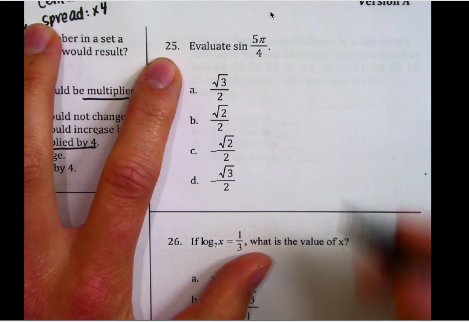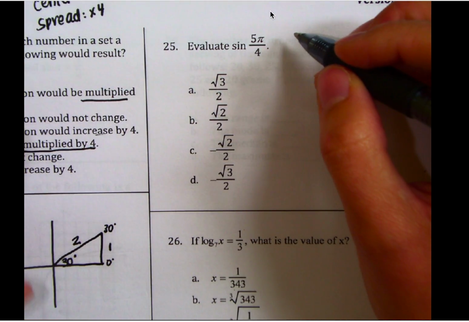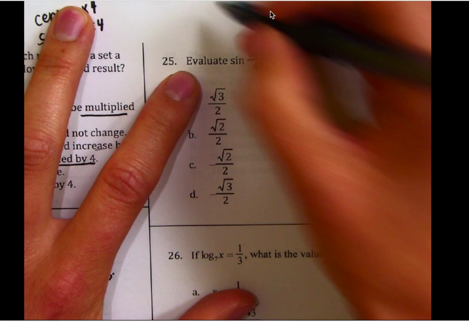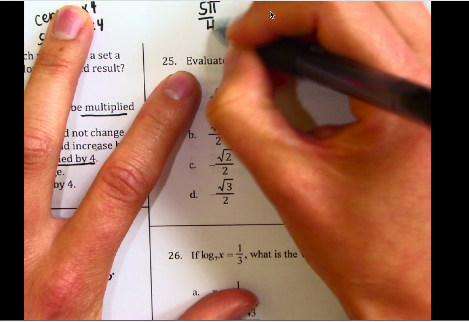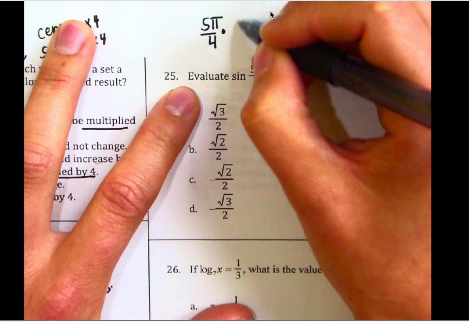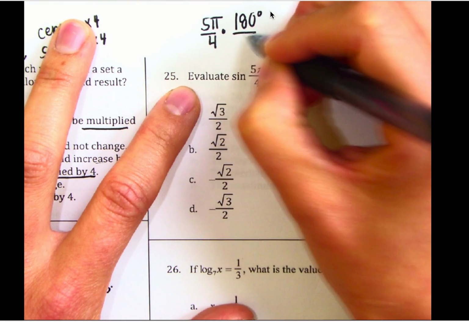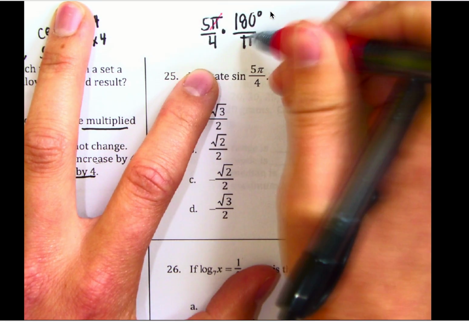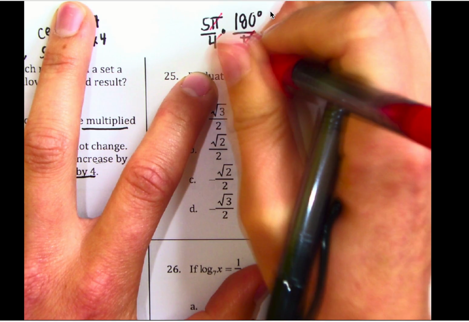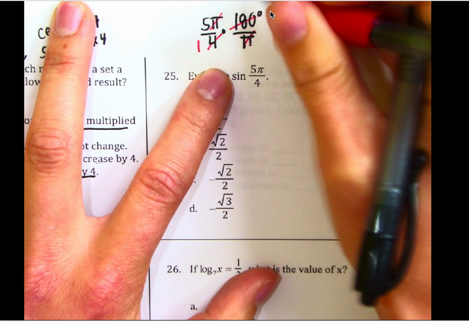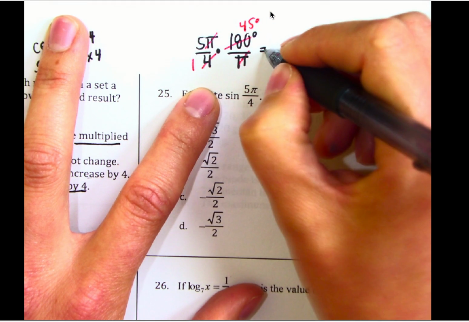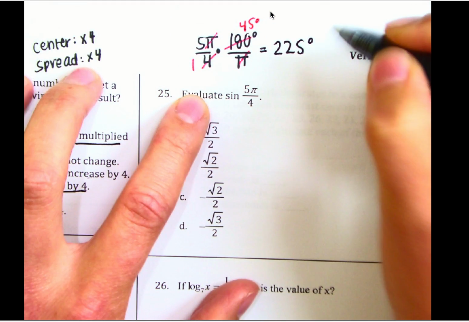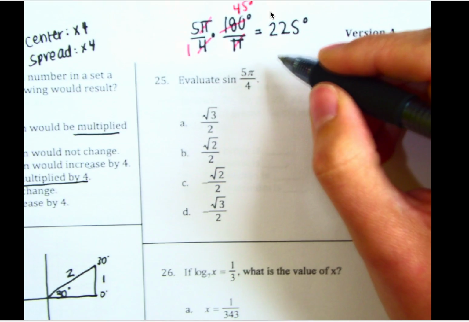Okay. 25, evaluate sine of 5 pi over 4. So similar to what we did in the other problem, we're going to go ahead and put this 5 pi over 4 into degrees by converting, multiplying by 180 degrees divided by 4, and that means our pi's will cancel, and if we cross cancel, 180 divided by 4 gives us 45 degrees. 5 times 45 is 225 degrees. So we're finding sine of